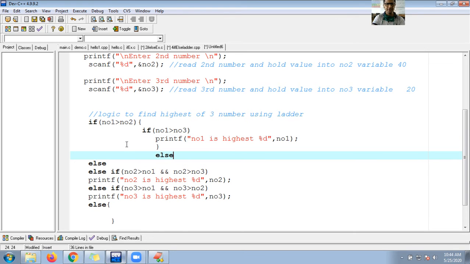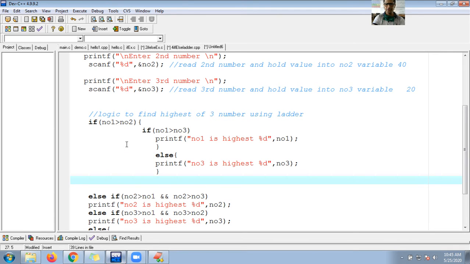So I'm converting the same block. Control C. So here is number 3 and here is number 3. So this is for else, this is for else, and this is for if. Again if, else.